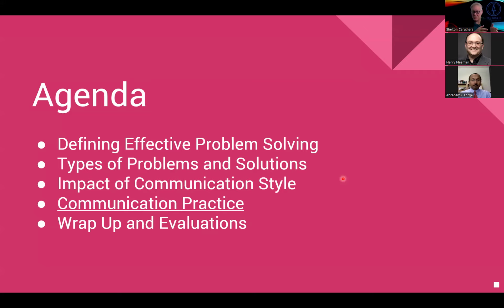And some issues, especially interpersonal ones, may need to be solved before the problem itself is solved. And we've learned that communication style is an important aspect of that problem solving and can itself be the cause of some misunderstandings and some of the problems to begin with. So let's look a little bit at communication styles and techniques that might help to minimize those problems in the first place.